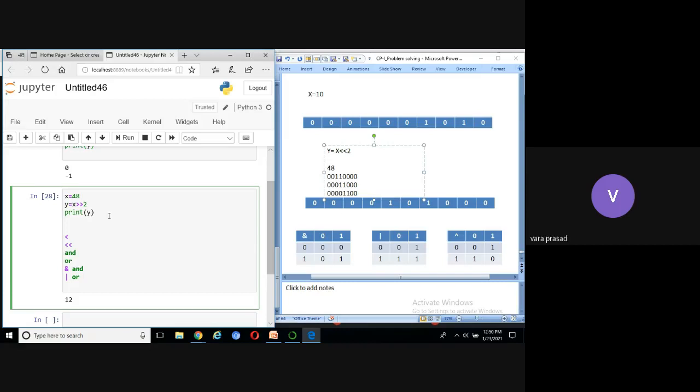Hexadecimal, the base is 16. It consists of 16 digits, 0 to 9, then 10 indicates capital A, 11 indicates capital B, and 15 indicates capital F. This is called the number system. In Python, to store binary numbers, the number is prefixed with 0b. To store an octal value, the number is prefixed with 0o. To store a hexadecimal value, the number is prefixed with 0x. Right. Any questions?